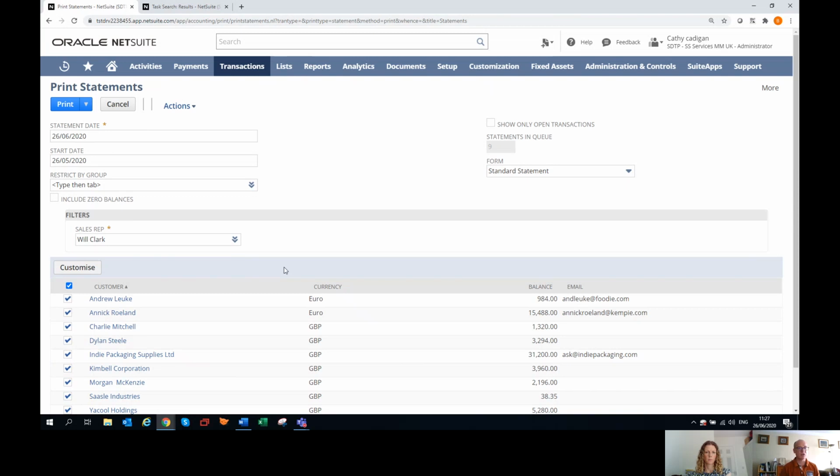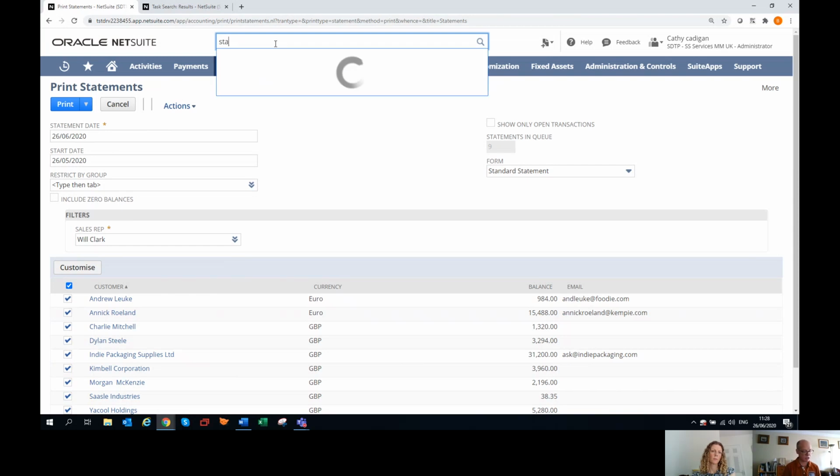So in this scenario, I'm going to choose workflow to automate the sending of statements to just the customers within my Irish subsidiary. And to do that, I'm going to use Save Search, and we'll refer to Save Searches throughout this presentation. But Save Searches allow us to filter information or add criteria to existing list views to create a Save Search for a particular set of results. So in this case, I'm going to use a Save Search that I created called Statements